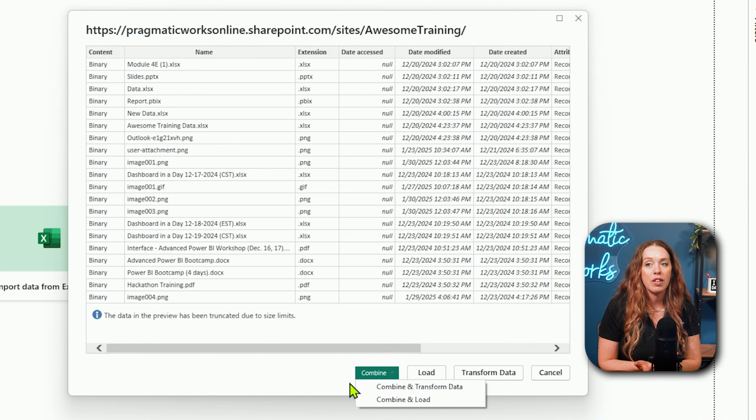Because there's a bunch of stuff in here. There's PNGs, there's GIF files. There is a lot of information not relevant to what I want for my report. So I definitely don't want to go with one of these options. I'm going to go with transform data. I will go into the Power Query Editor, and then I can pick and choose what I would like to